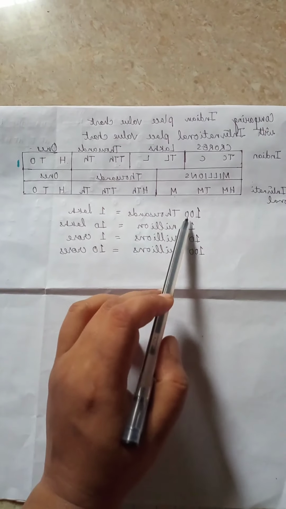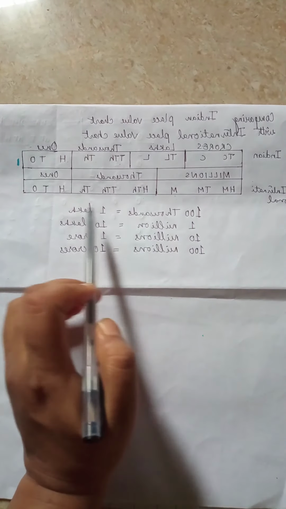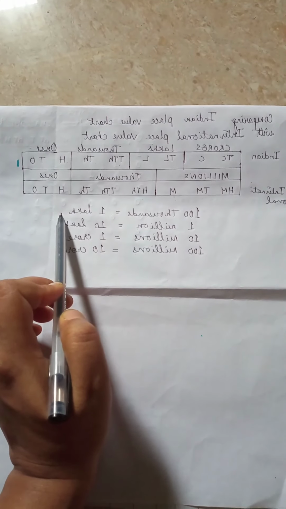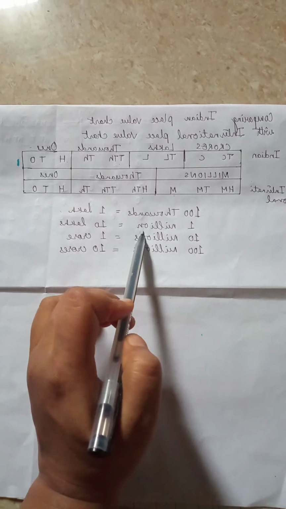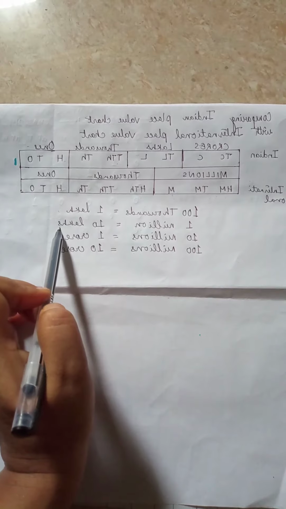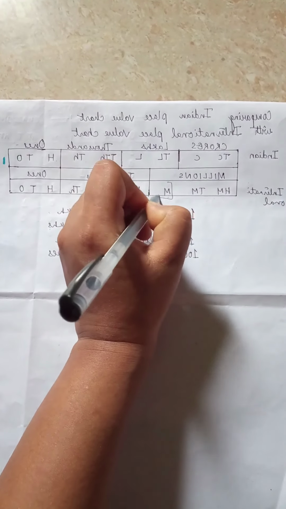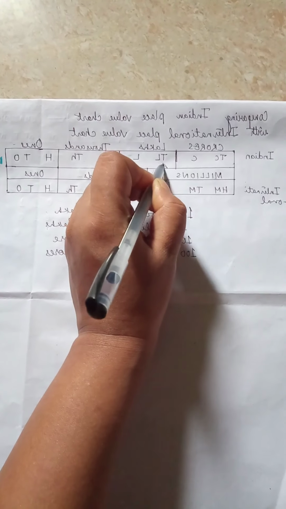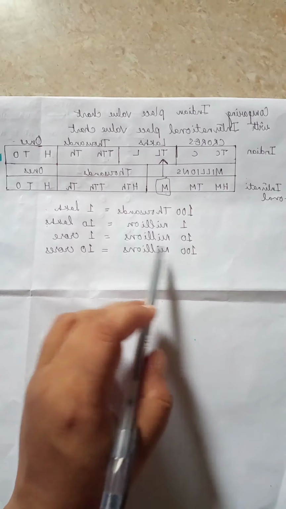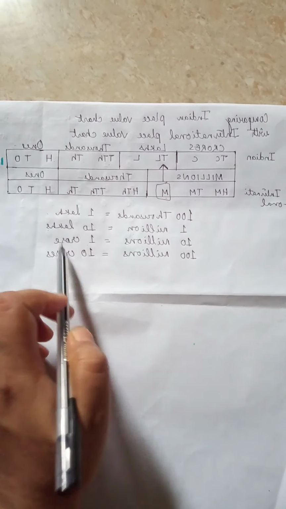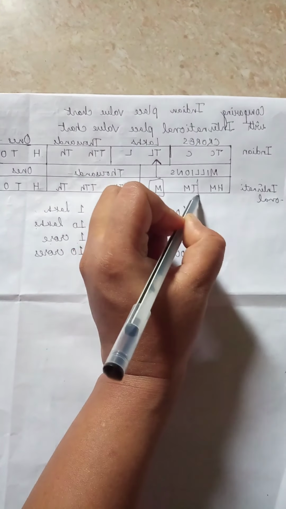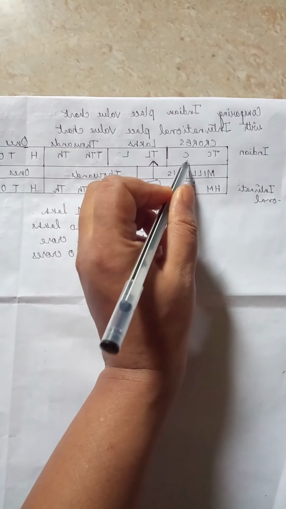So we have compared these two charts. You can see, if you compare these two charts, 100,000 will become 1 lakh. 1 million is equal to 10 lakh. So this is your million over here, and this is equal to your 10 lakh. Then 10 million will be equal to 1 crore. This is your 10 million, which is equal to your 1 crore.